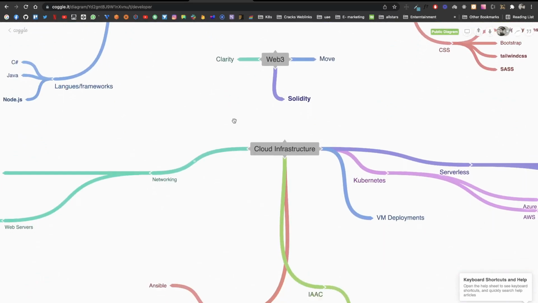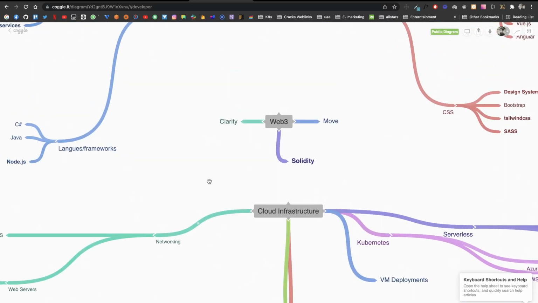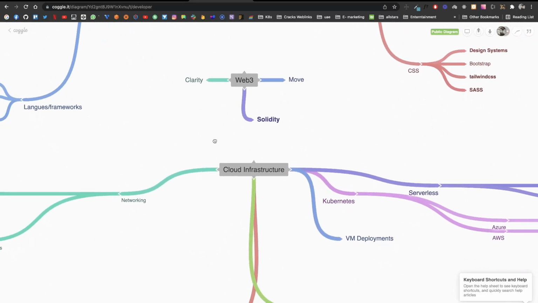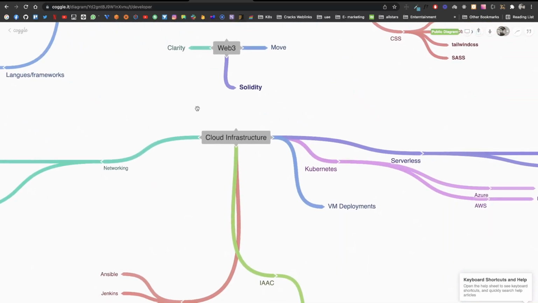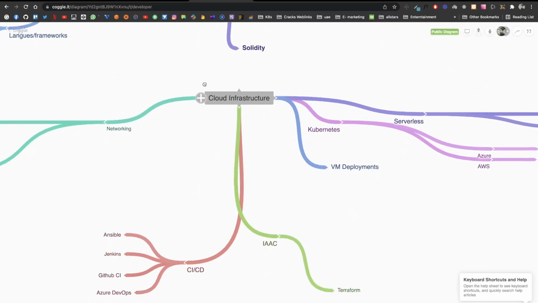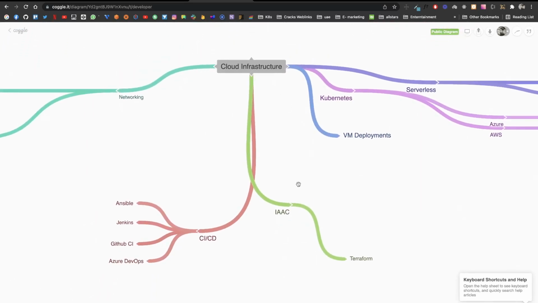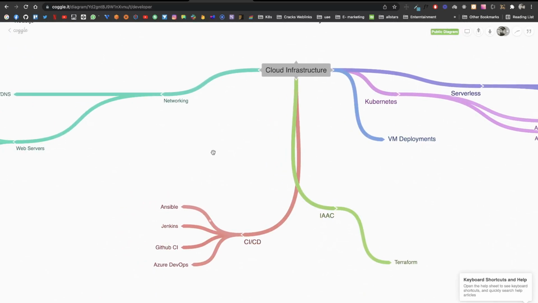Coming to cloud infrastructure, once you have your server running, you have developed your app, and your database is set up, now you need to deploy these things somewhere instead of your computer in order to serve it to your customers. For that, you need to understand the basics of deployment. For example, you deploy your applications to a server, and all of this is covered by the group called cloud infrastructure. Cloud infrastructure also involves DevOps. You can segregate them, but I just put them here.